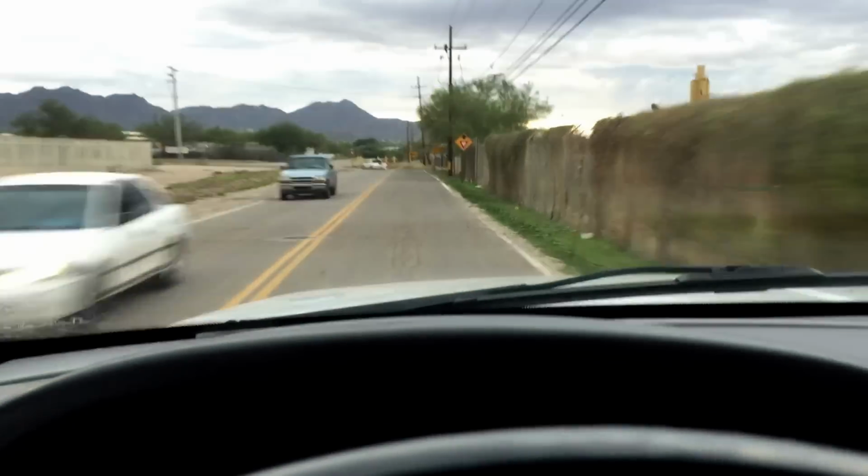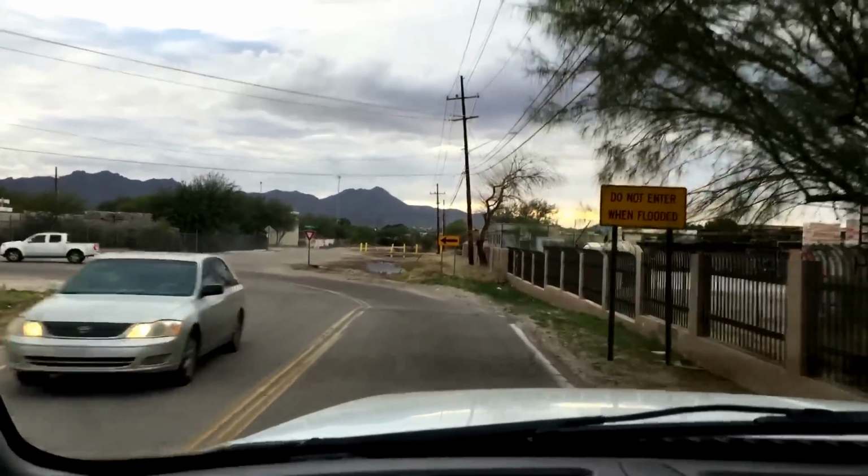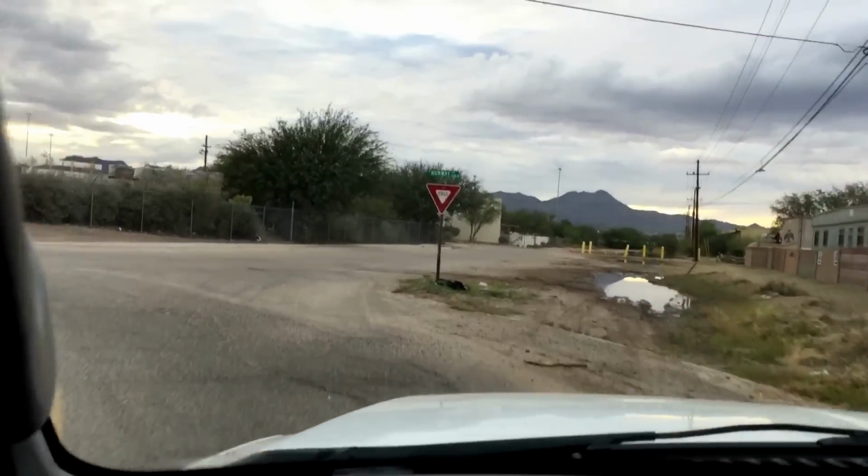Wow, this thing is really strong. Boy, I wish they were all this one. Anyway,